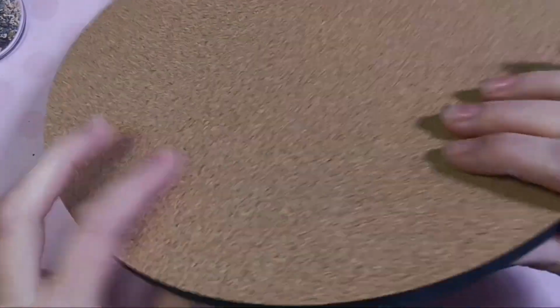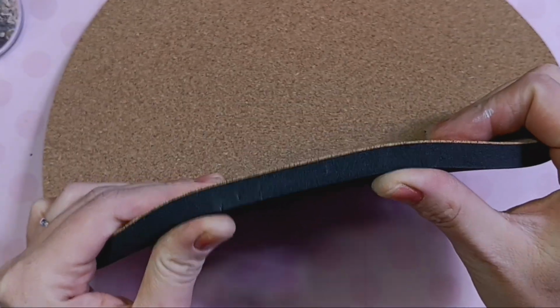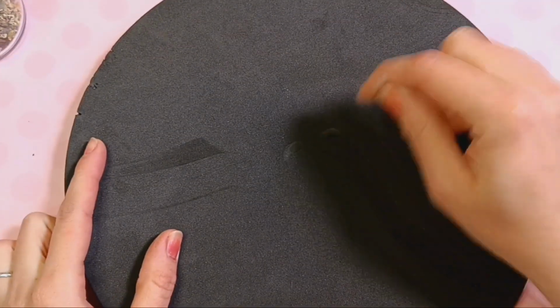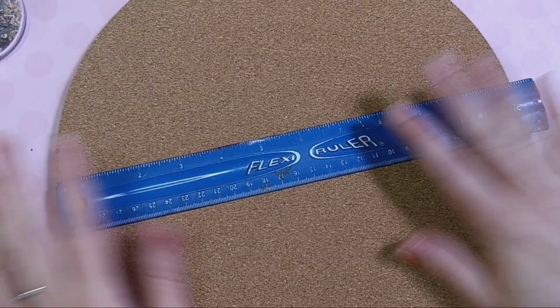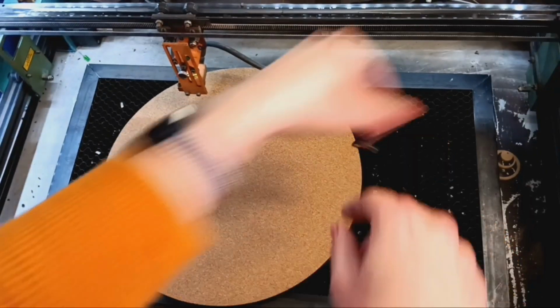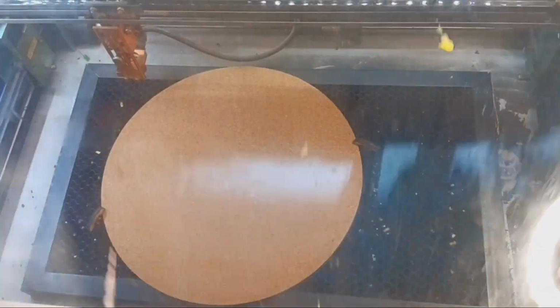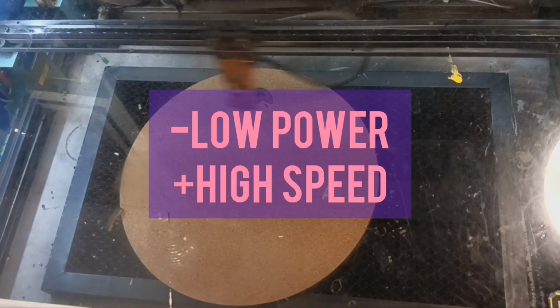Now, one thing you want to do with this cork board, as you can see, the cork layer is very thin. So we're going to do wildly low settings for this. I'm talking silly low. Now I'm just going to measure this out and make sure that my cool design fits and get to lasering. The trick to a design like this is getting it centered. Some of you I know have an automatic function for that, but I don't. We're just going to be using a super duper